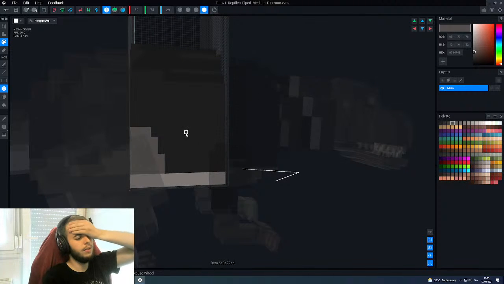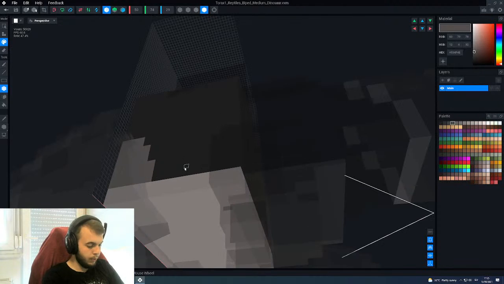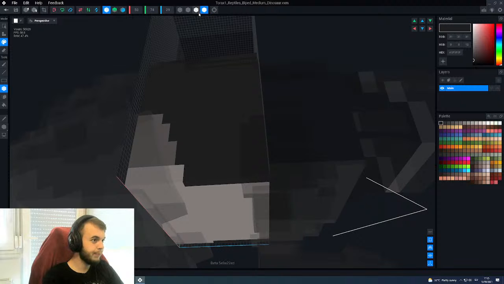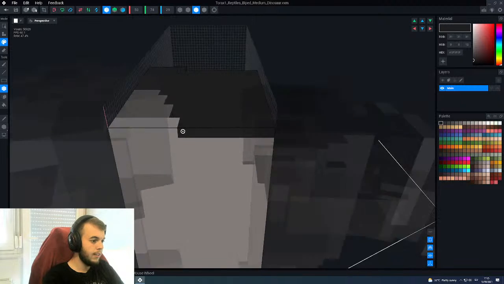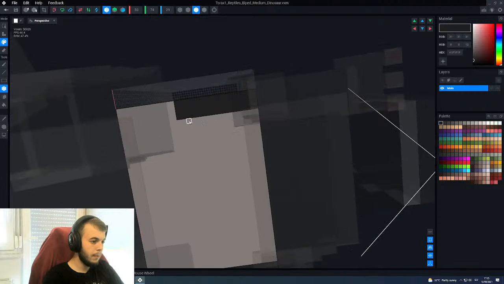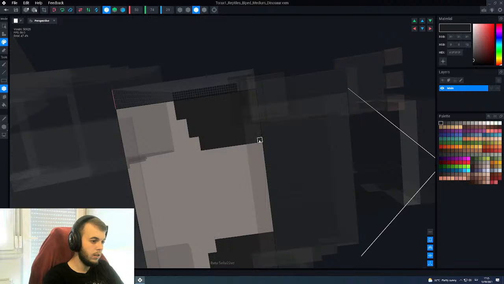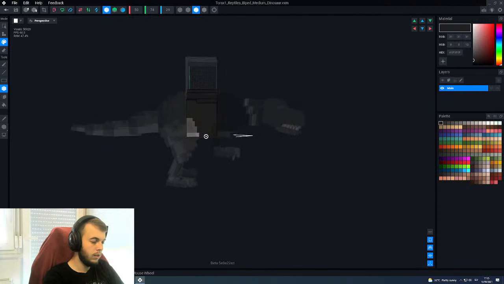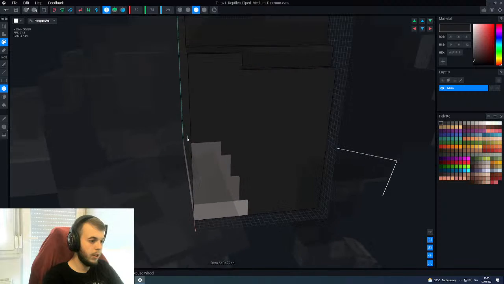Now I think we need to figure out how it's gonna wrap around this bottom part. So let's turn on the nice lines so we can see a little bit better what's going on. And then let's do it like this. And then also let's